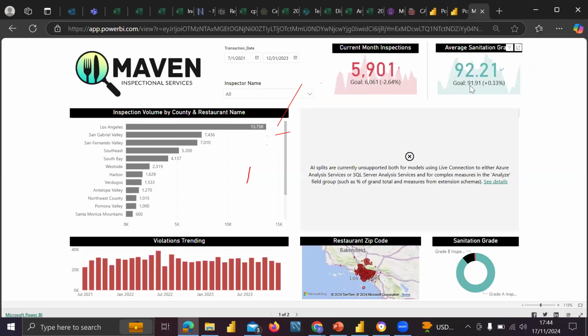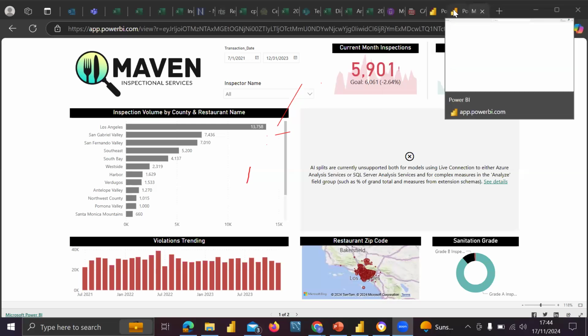When you're talking about this scheduling refresh, maybe you can't use it for data that you have on Excel, but you can use it for the cloud.